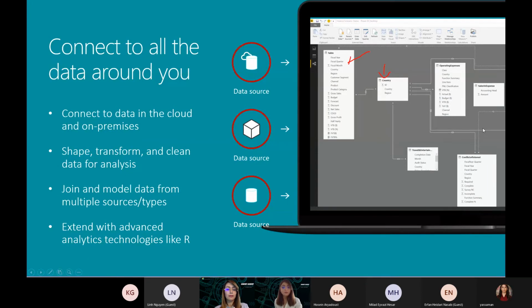That is why I mentioned it so many times, that data modeling in Power BI is very important. This relational data modeling is playing a very, very important key role in Power BI reports. And I just want to say, Tableau doesn't have this feature, and I would like to defend myself sometimes.